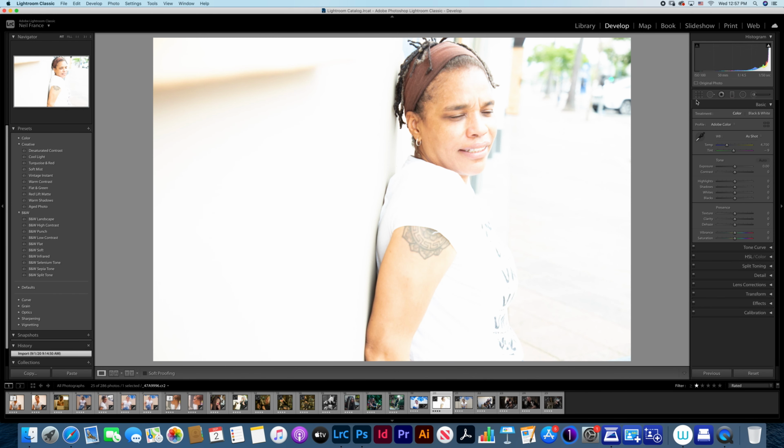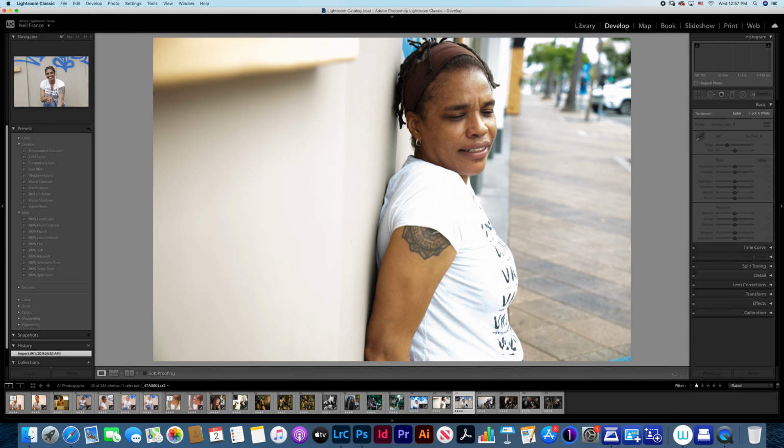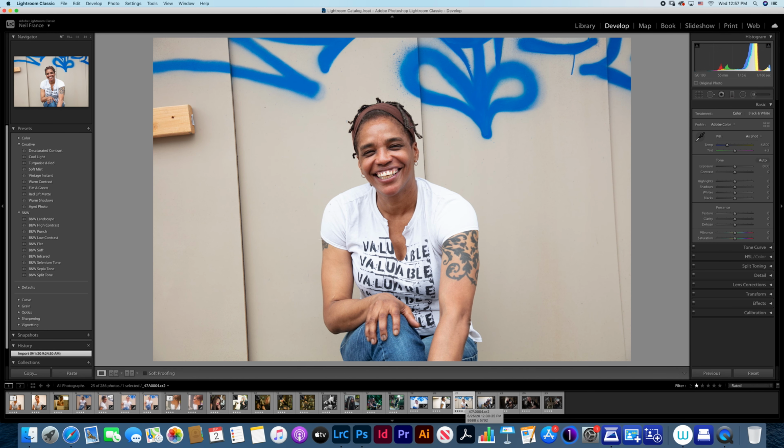Moving on to the next image of Monica. The exposure down, and Monica's eyes are closed right here. So I'm not really crazy about this image. In this one, again, she's smiling, so her eyes have closed down a bit. She's kind of squinting, and it's not really a great, attractive image.